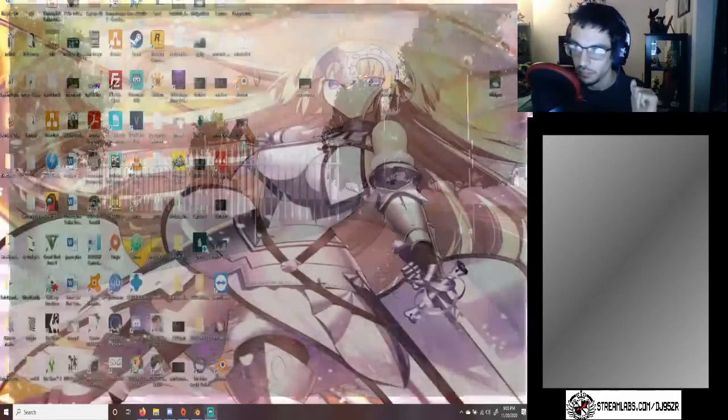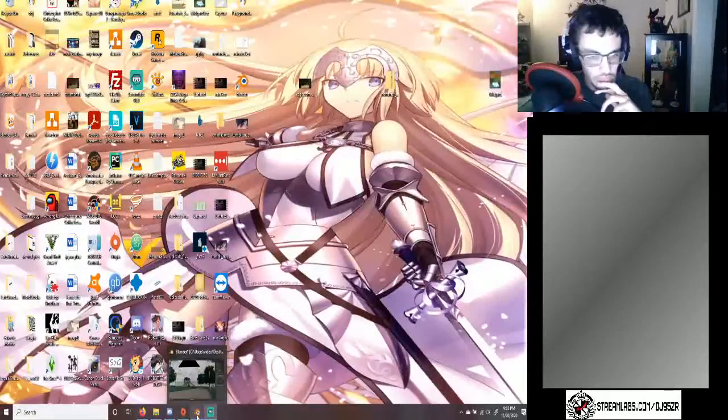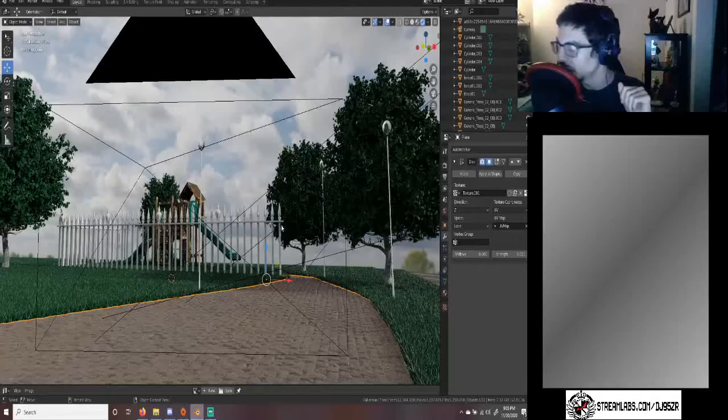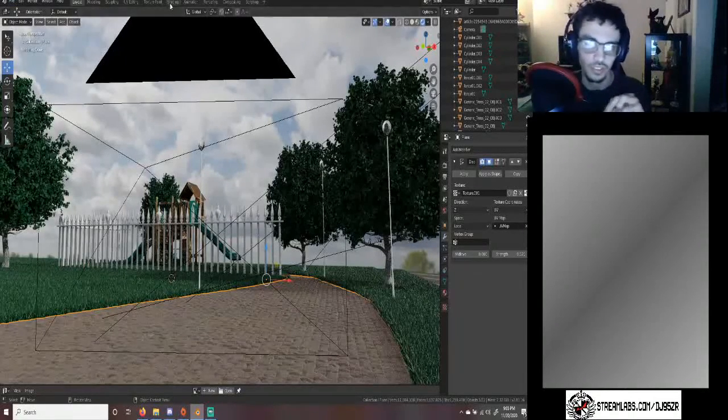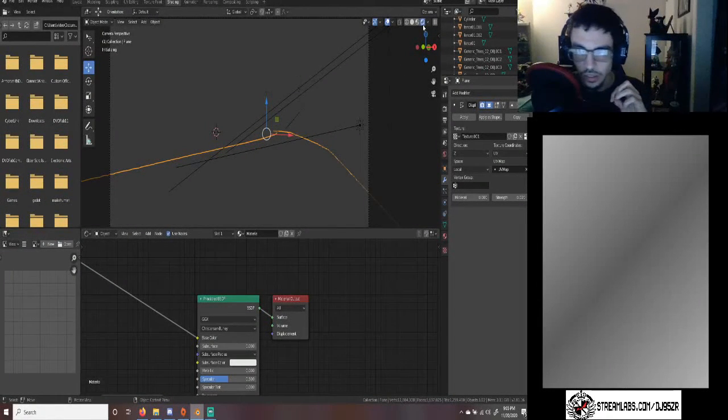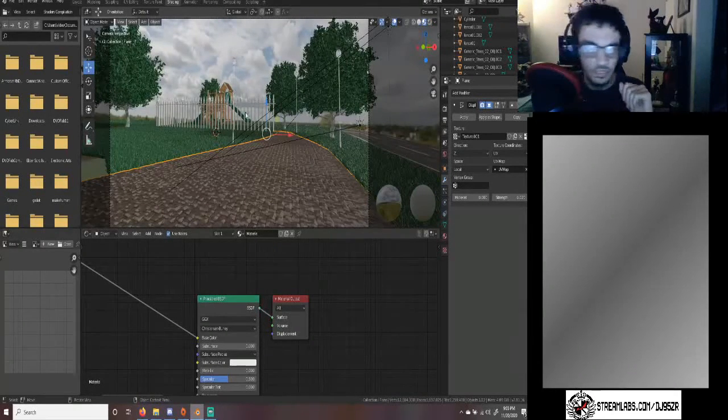Okay. Alright, and so we are in Blender right now. The first thing we're gonna do is switch to our shading tab, and I'm actually gonna switch to look dev. That way it's easier to do everything that I need to do. Let's just let this finish loading. Okay. Now you can see in look dev, it looks a lot more like